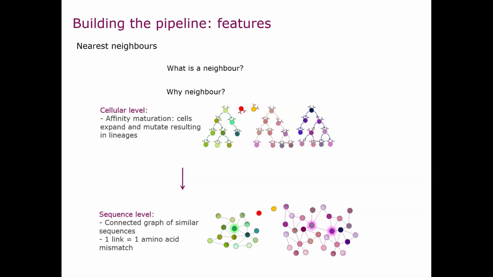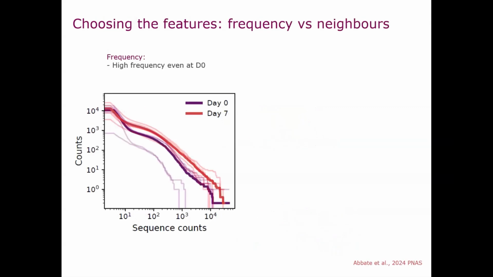So now we can look at some comparison of the features. Here in this plot you can see the distribution of frequency for the 5 patients in the background, while the thick lines are the average between the different patients at day 0 versus day 7. And what you can notice here is that the distribution of frequency doesn't really change over time. I mean, it changes, but